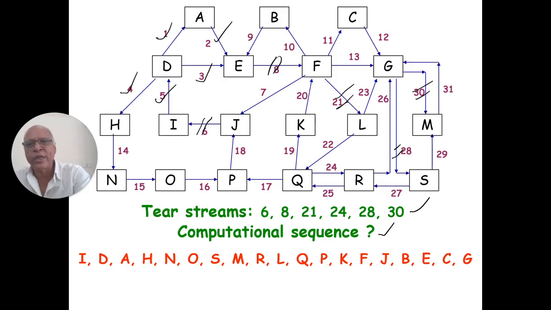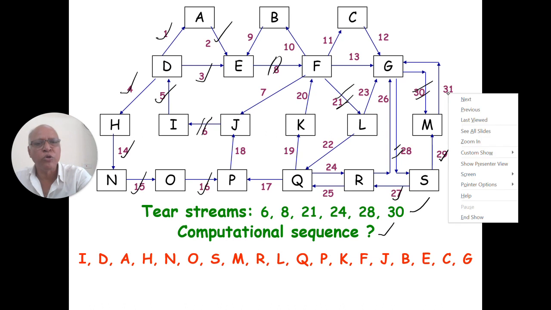But look at this, after A, I am coming to H, this is the only input to H, so I will be able to solve H to calculate 14. Then solve N to calculate 15, then solve O to calculate 16, then will I be able to solve P? No, I don't know 17, so I will not be able to solve P. So after O, now where am I going? Yes. Now will I be able to solve this? This is the only input to unit S, so I will be able to solve unit S to calculate 29 and 27, then you can solve M because already 30 is teared, so both the inputs are known. I should be able to calculate 31,